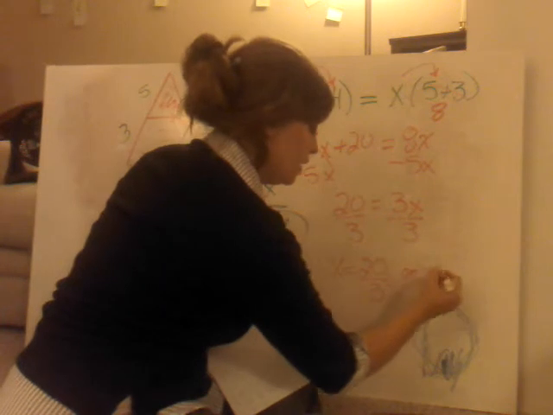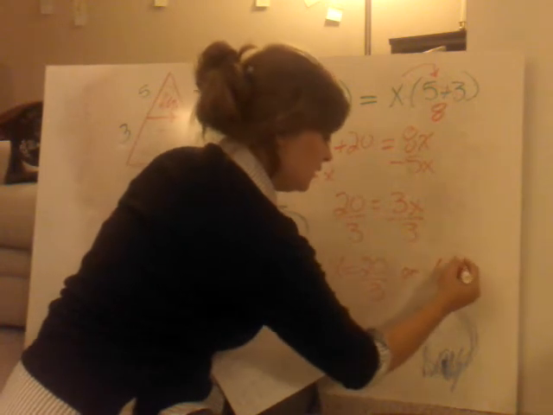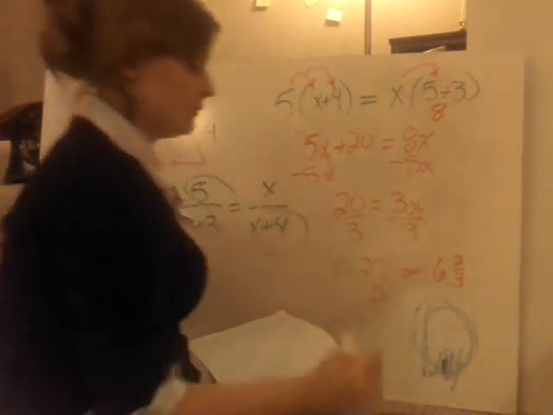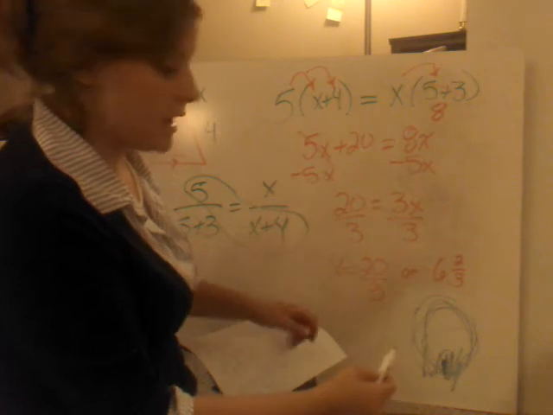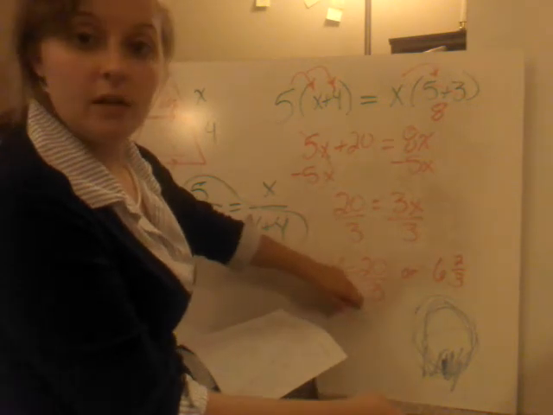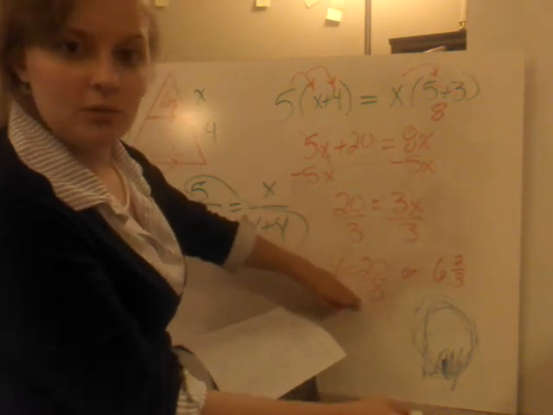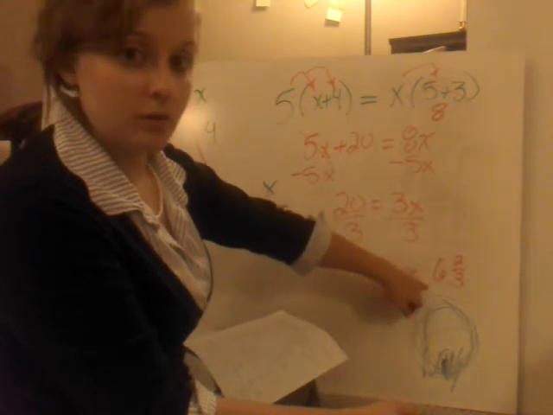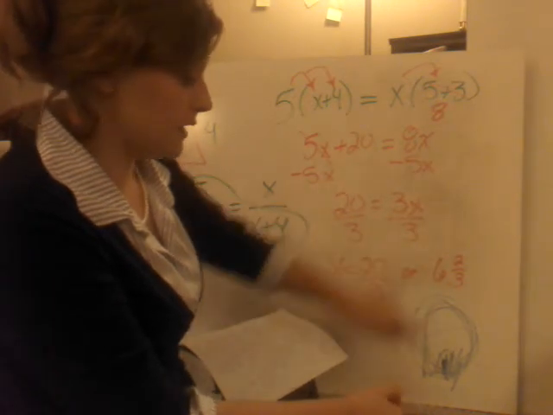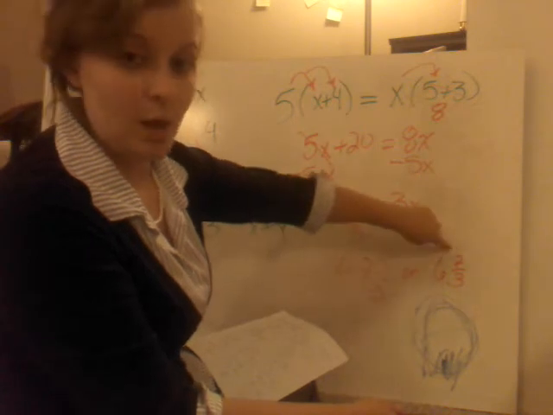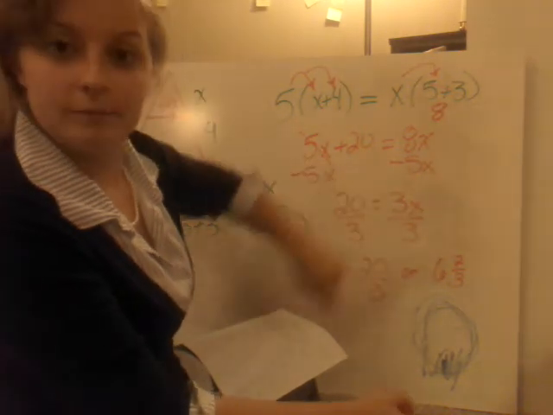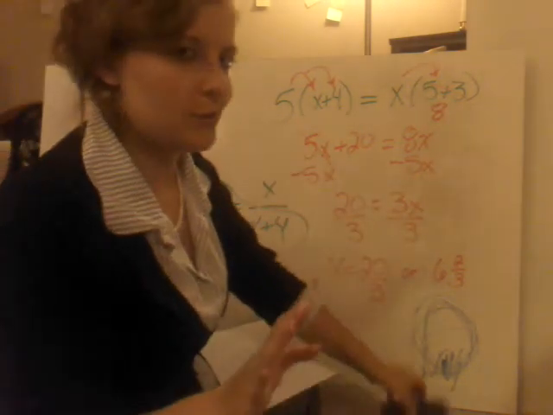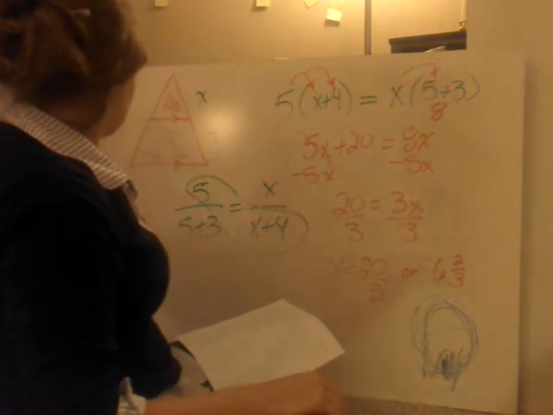Or 6 2/3, depending on how you want to write it. I'm perfectly fine with this for now. We'll have plenty of time to make things more difficult later. But if you wanted to break it down into a mixed number, you could do it this way, 6 2/3. And that would be 3 times 6 is 18 plus 2, 20. Alright? Just in case we didn't remember. Next up,